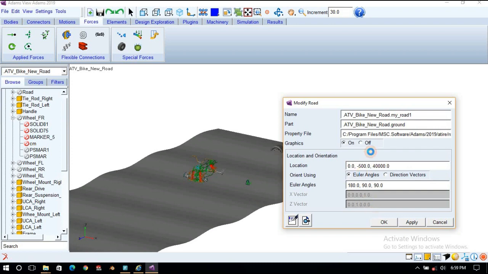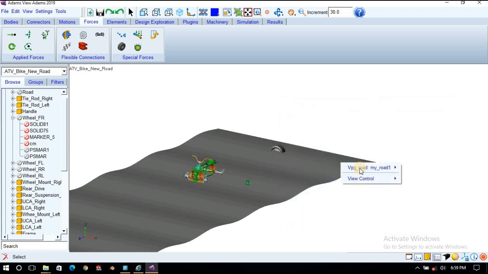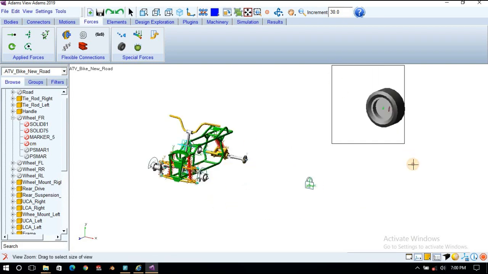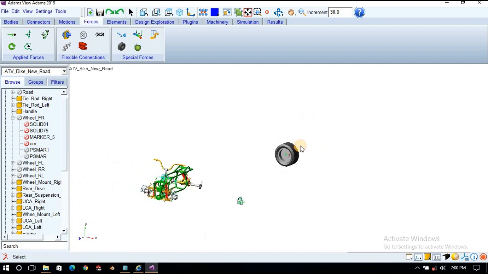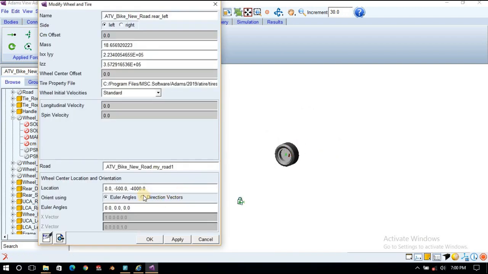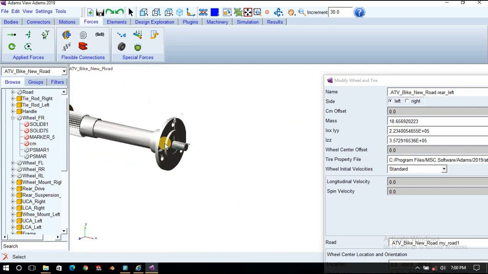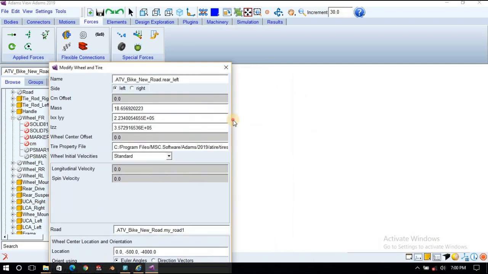Okay, so again we'll shift it by some distance. We can hide this tire temporarily, and we want to bring this tire to this location. So here click on tire, wheel center location and orientation. We will choose the location of this marker.